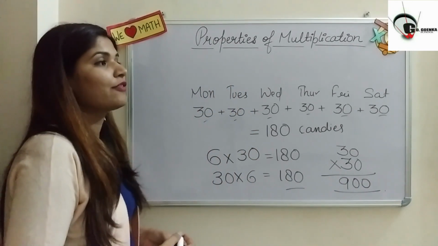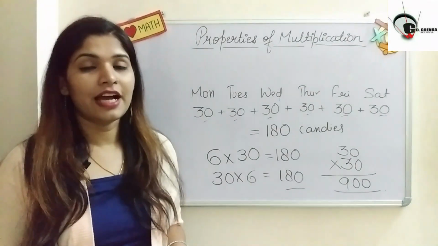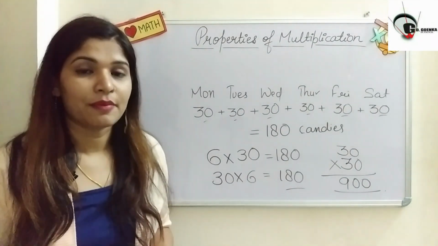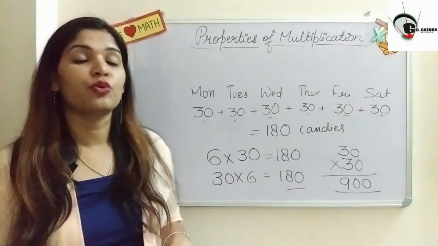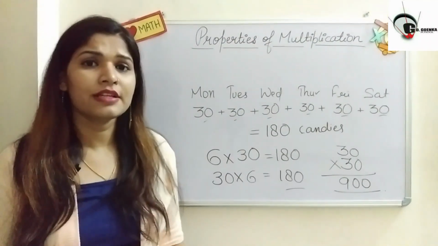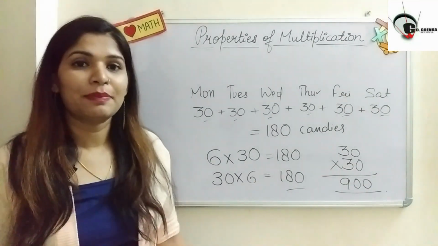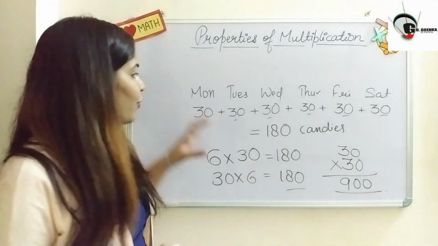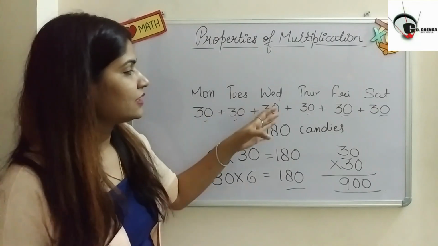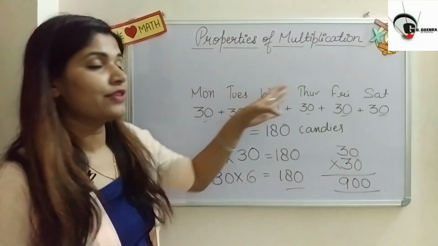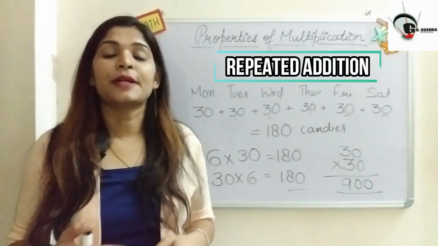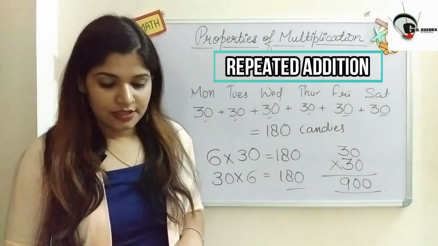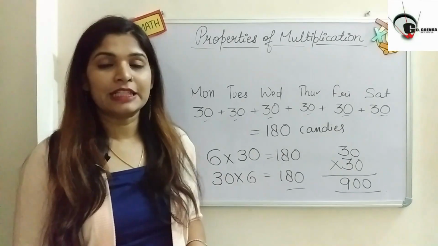If you add 30 times, it will take a lot of time. So for this kind of question, what is this operation known as? Yes, this is multiplication. Why are we using multiplication instead of addition? Because multiplication is also known as repeated addition. So this is all about multiplication.